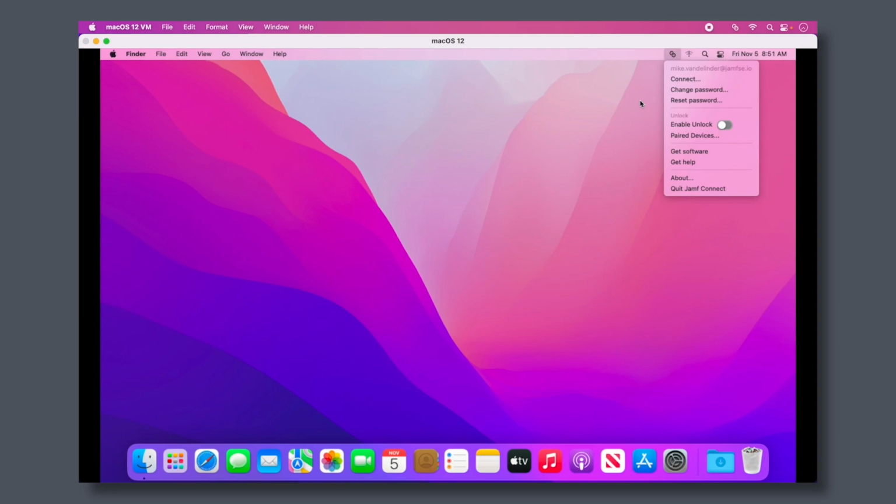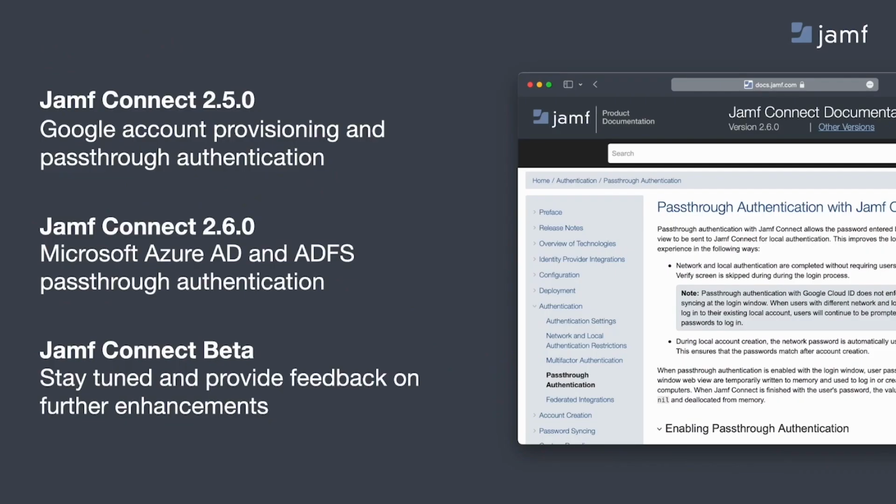and again, providing that continuity of service. So that was just more or less a brief demo of being able to log in and provision user accounts using cloud identity providers, being able to continuously authenticate that user against that cloud identity provider using our menu bar application. It's all bundled in as one Connect application you're able to deploy and manage through your MDM service or specifically through Jamf Pro. A couple of those new features having to do with the Google account provisioning and pass-through authentication,